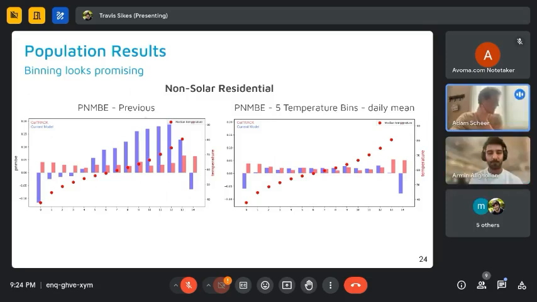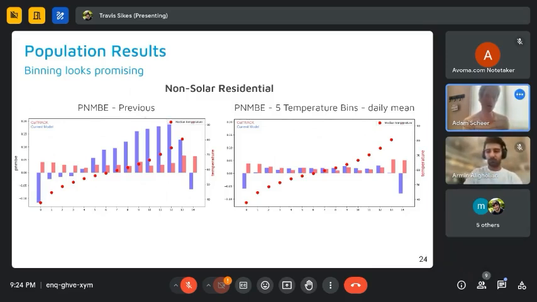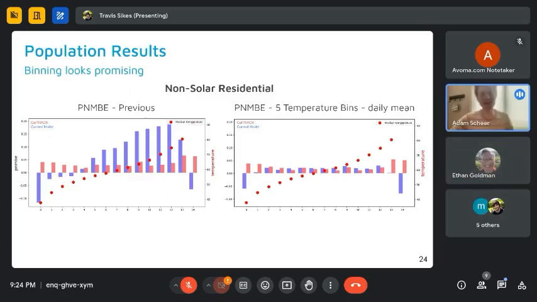But just to be clear, I think the number of bins needs to be subject to optimization. We need to let the computer tell us, should it be 3 bins, 4 bins, 5 bins, 6 bins, 8 bins, or whatever. And that decision needs to be based on the testing data outputs, not the training data, because the more bins we introduce, the more we run the risk of overfitting as well. 8,760 bins. Yeah, we just need 8,760 bins and we'll be good.